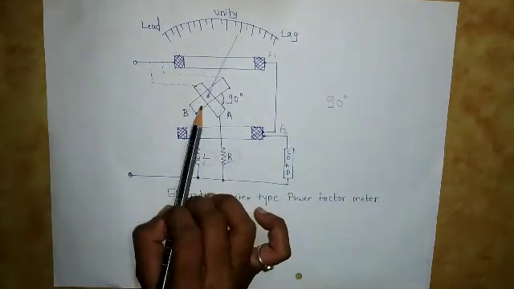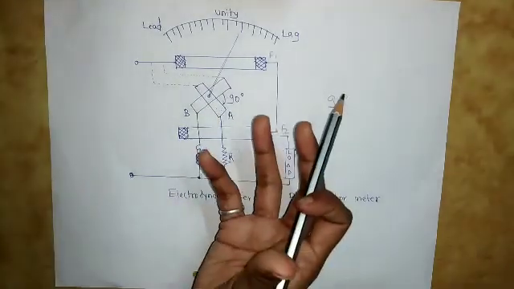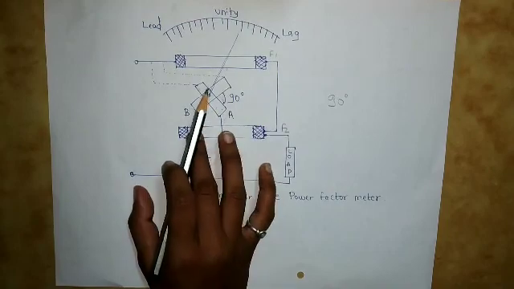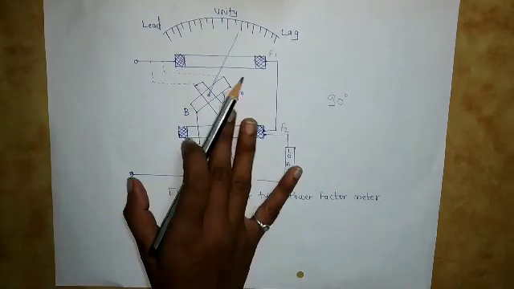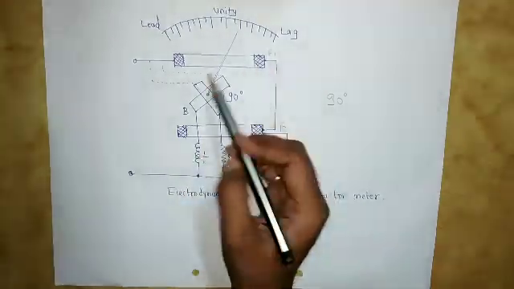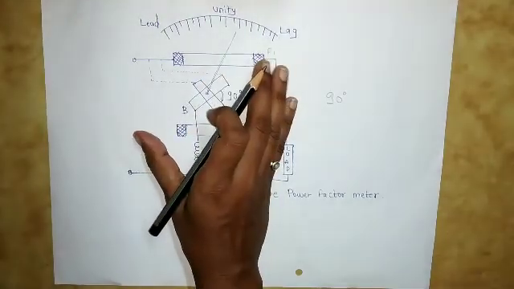The field of every coil will be different, and due to the interaction of the fields produced through these various coils, A and B, this coil will experience a force, or you can say it will experience torque. So what will happen now? The windings are arranged in such a manner that the torque experienced by this coil A and this B are opposite to each other, right?